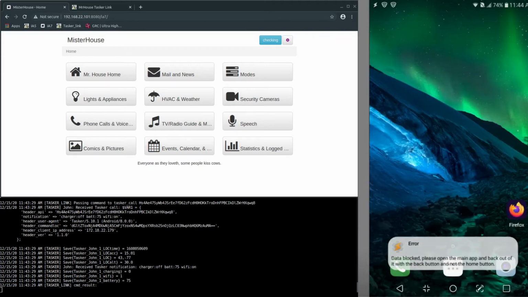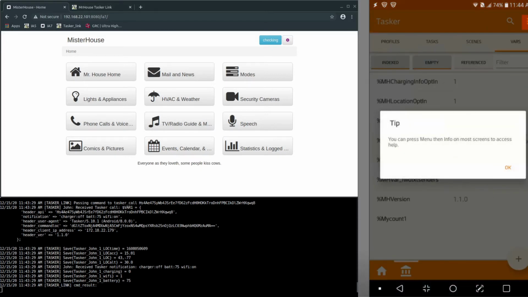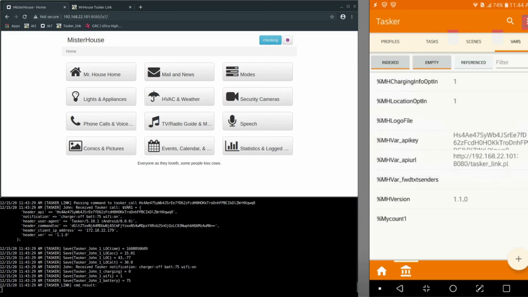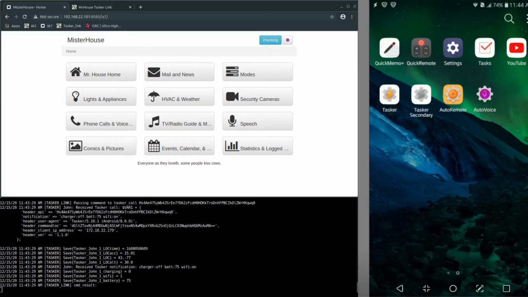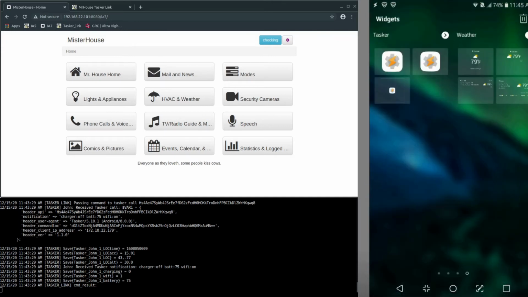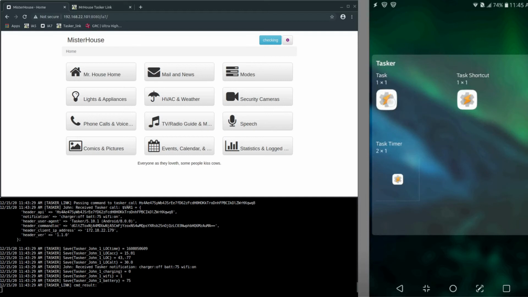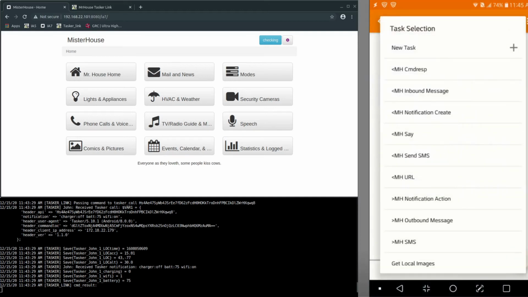We're getting an error here, data blocked. So let's open up Tasker and exit it again. And then we'll long press again, widget, Tasker, task, drag it,